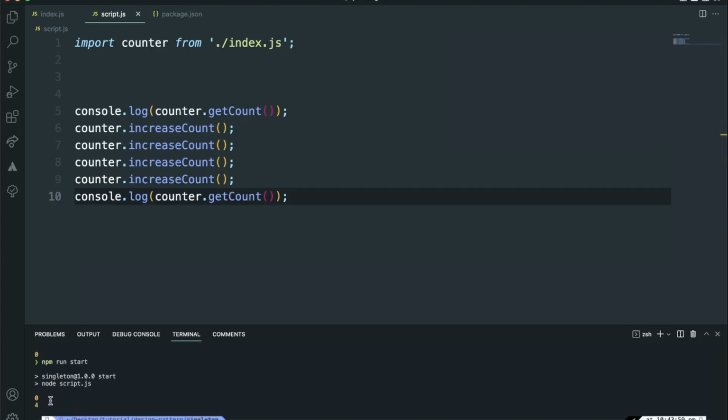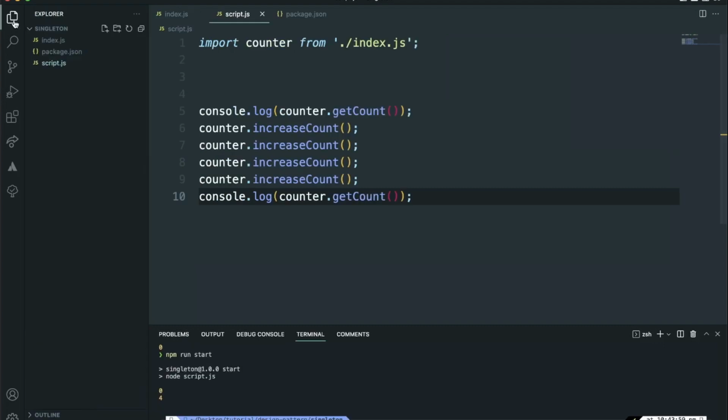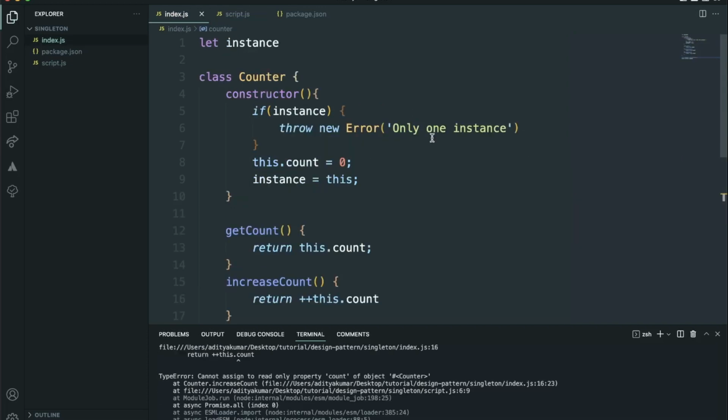So here you can see we have increased the value from 0 to 4. Okay, and if we do something similar here, using some other file and running this code, you can do it on your own. So this is how you can implement the singleton design pattern